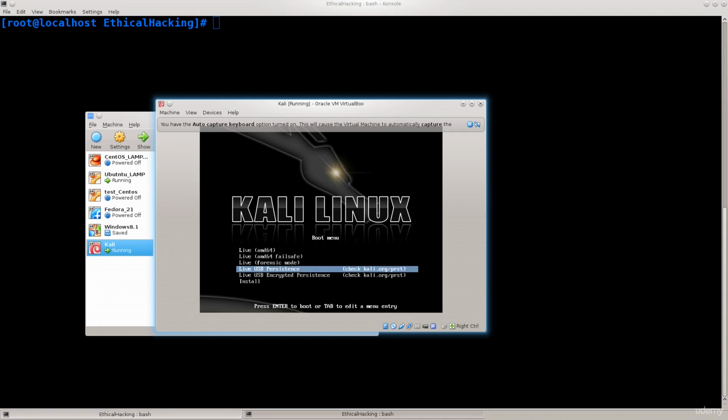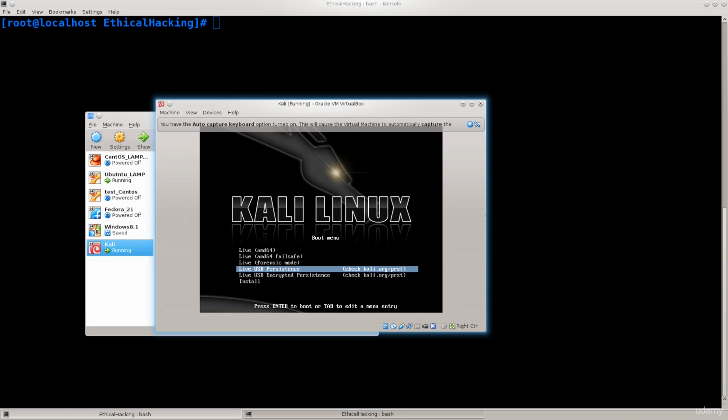And then you have live USB persistence. This is a very nice feature. For example, you can have an operating system, Kali Linux or many other distros, installed on a USB stick, and you can have a rather large USB stick, like 256 gigs or something of a kind. It doesn't need to be that big, it can be a lot smaller, but the bigger the better, primarily because of this persistence flag. You can work, and all of your work will be saved on that USB drive,